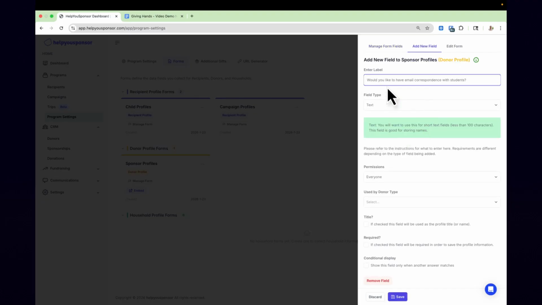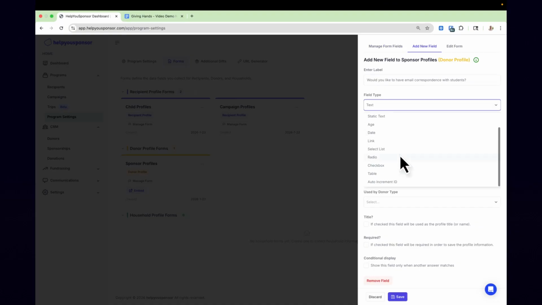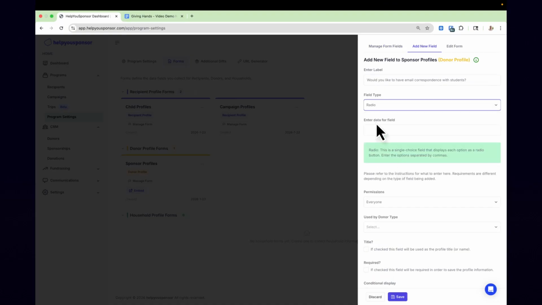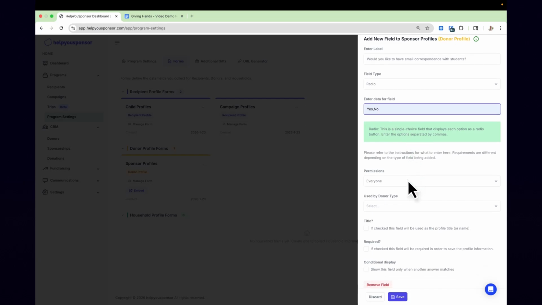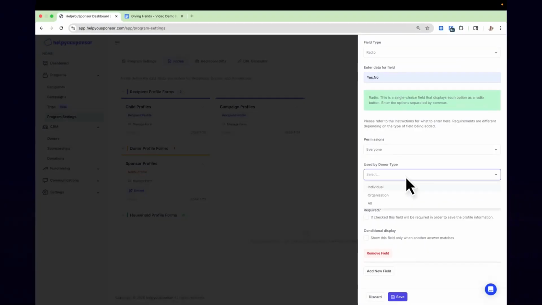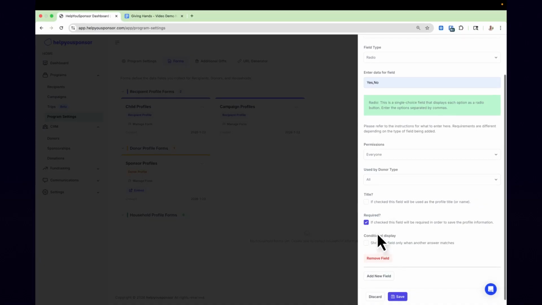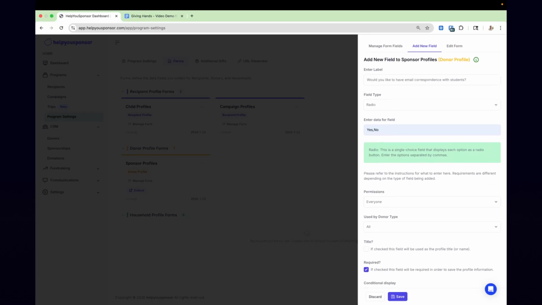So I will put the question here. It will be of type radio, where it's a yes or no type of field, single choice. Permissions are for everyone. Usage, individuals and organizations. And yeah, I will have this required. So I want to make this a conditional type